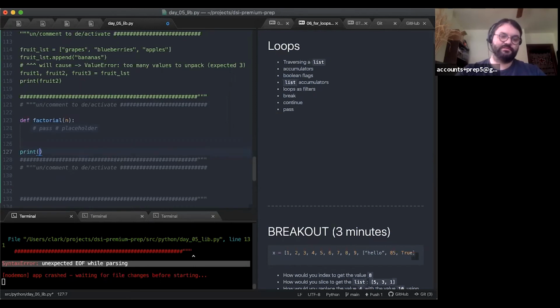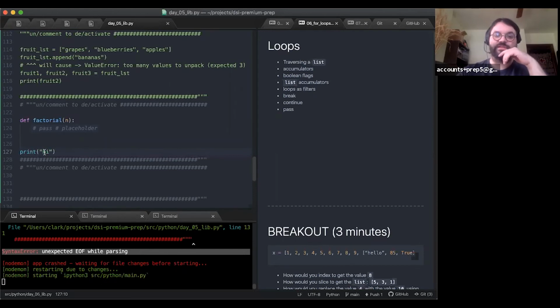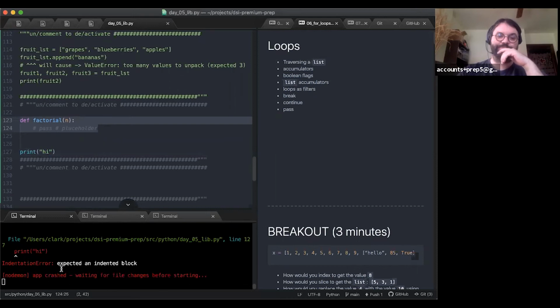Print. So if this is no longer the last bit of code, I'll get, I think, an indentation error. Yep, it expected an indented block.